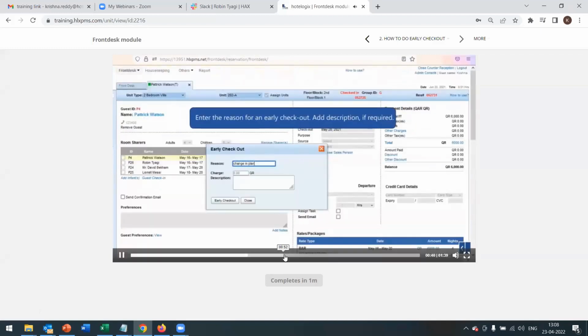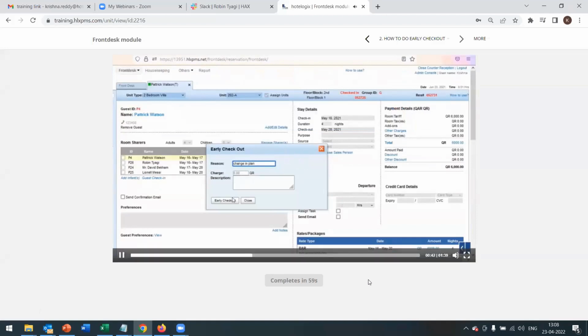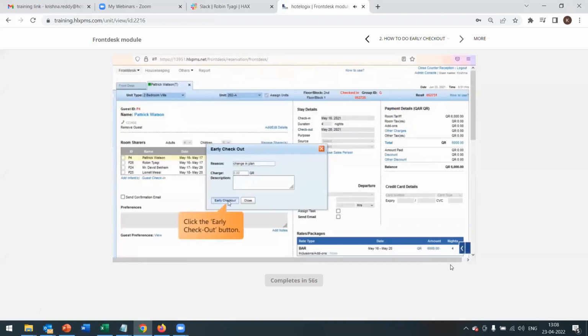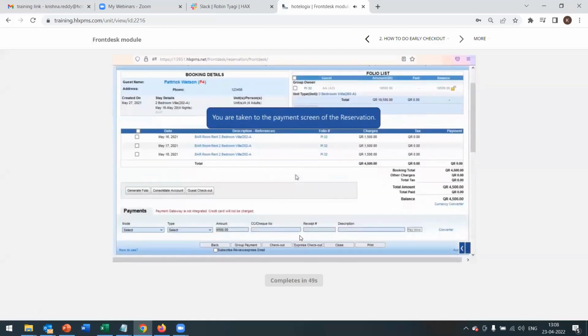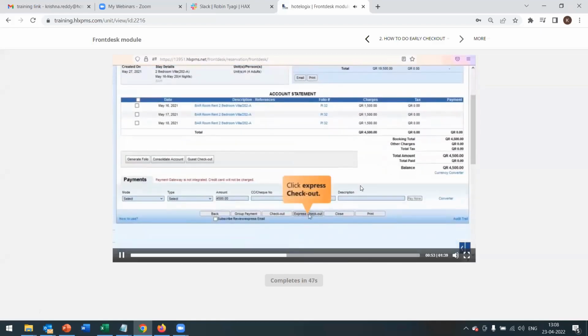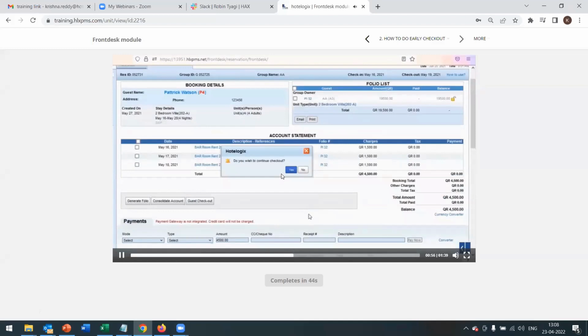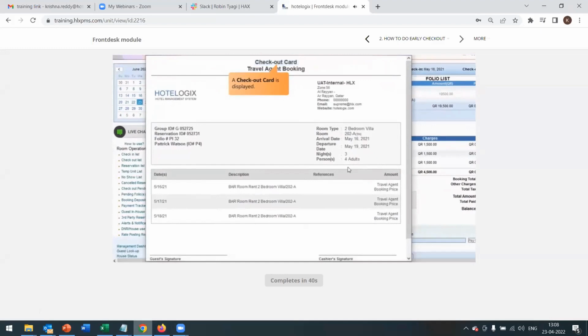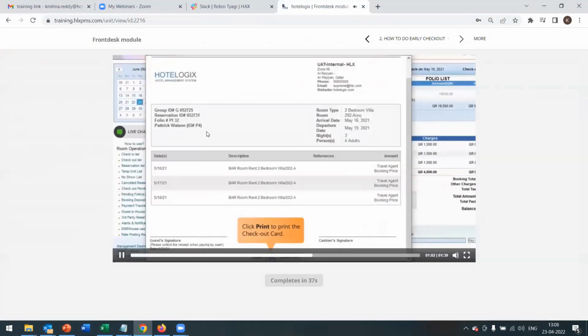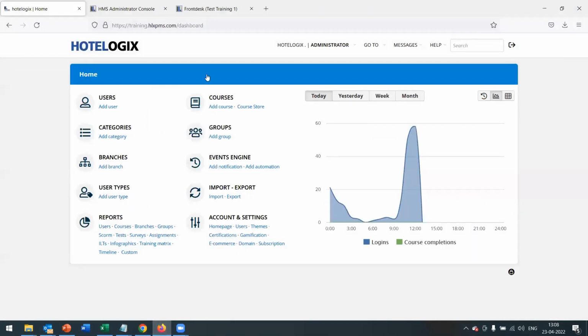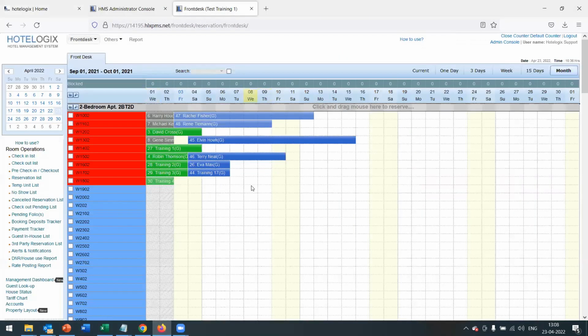Please note, this video will be marked complete only once you watch till the end. The system is designed in such a way that, let's say you have completed watching this video and now you would like to perform the same thing on your system. Let's say as soon as you switch your screen to the front office module, which I have open here,